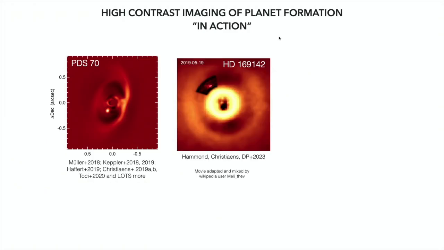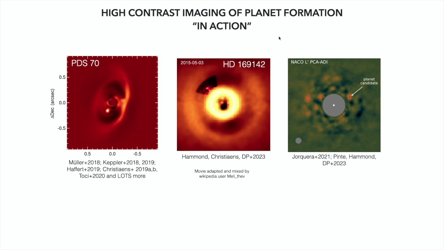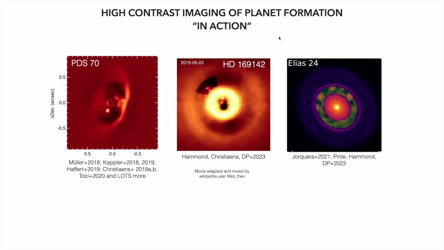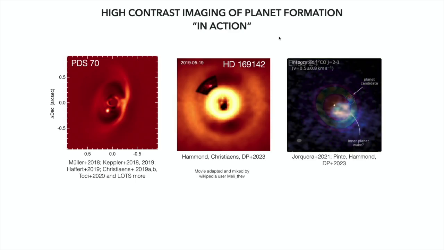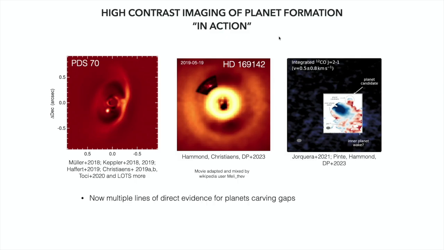There's another one by Ian here. Where's Ian? Over there. Going back in the archives, you can see a blob which moves on a Keplerian orbit in the gap, which is again face on, so you can see down. And there are lots of maybe candidates here. Direct imaging is really hard. You get blobs everywhere, and you're not quite sure if it's real or not. There's a lot of arguments about whether things in gaps are real. But there are also some hints of circumplanetary material around some of these.